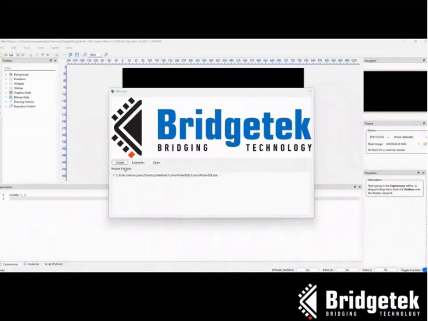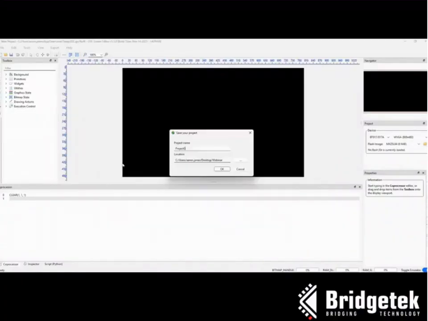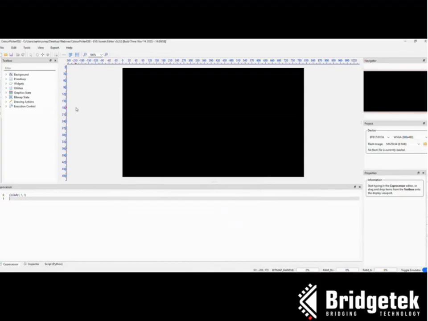So, as with ESE, there's a project creation page, and we can give this a name such as color picker ESE. Now, ESE doesn't have the complex widgets that ESD does, but it does include the base widgets that are available for use in EVE projects and are supported by the commands in EVE devices, as well as the primitives and